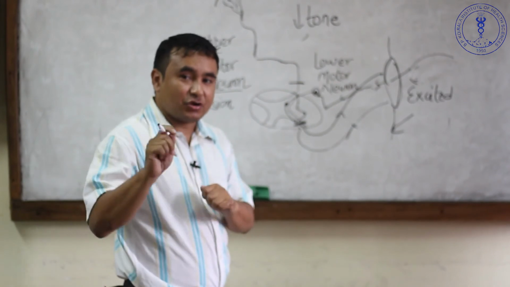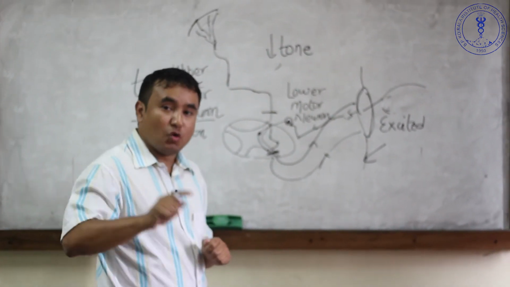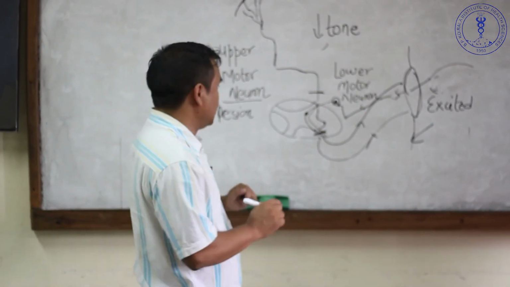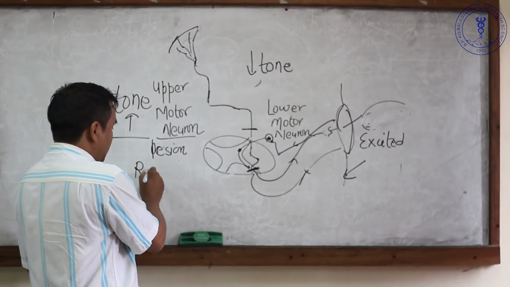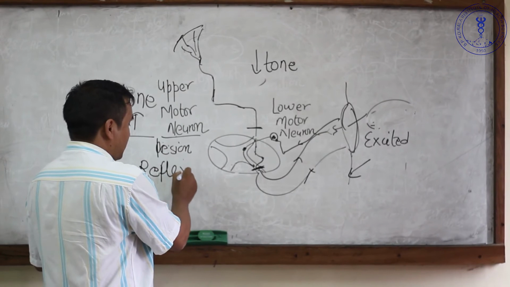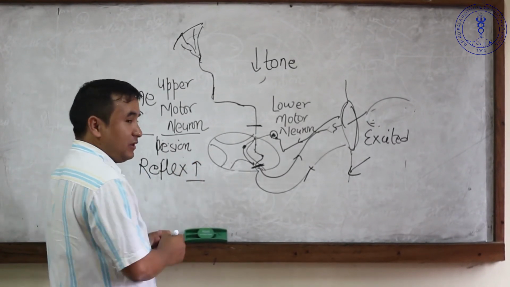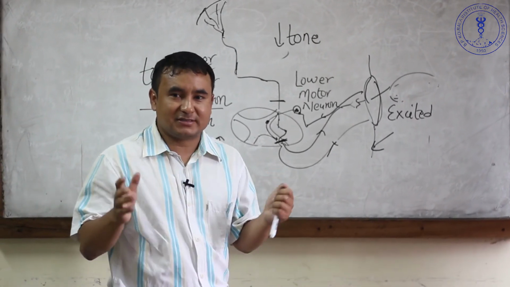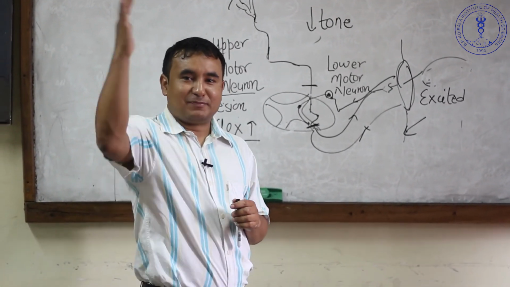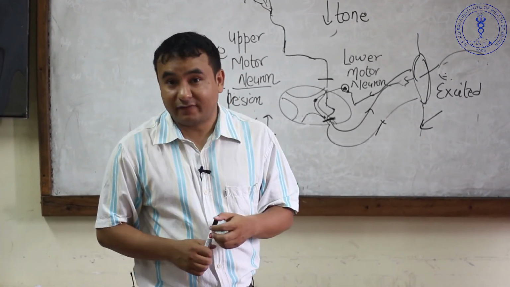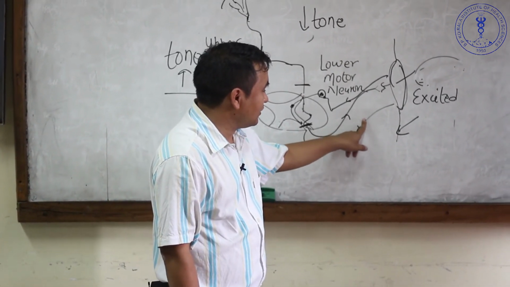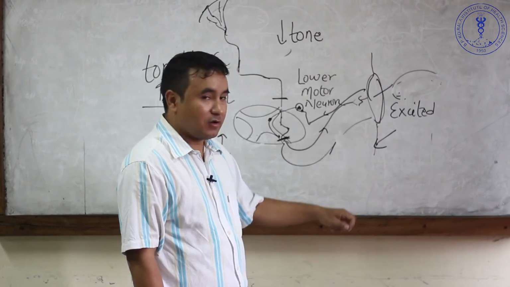So exaggeration of the reflex you will get when there is no upper motor neuron control, that is in the upper motor neuron lesion. So the reflex will be more in case of the upper motor neuron lesion. So when you are trying to elicit the knee reflex, the knee reflex will show an exaggerated reflex. But if there is any lower motor neuron disease, like in the peripheral nerve,